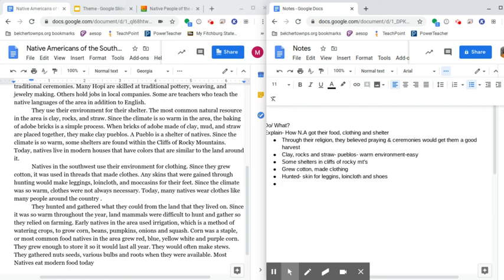So I learned a lot about their shelter, how they got their clothing. I'm still looking for more details about their food. So we're going to read the last paragraph and then take a couple more notes. They hunted and gathered what they could from the land that they lived on. Since it was so warm throughout the year, land mammals were difficult to hunt and gather, so they relied on